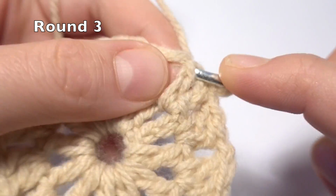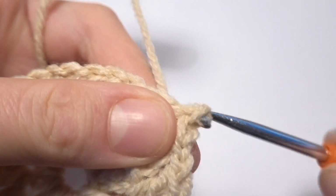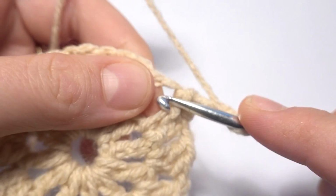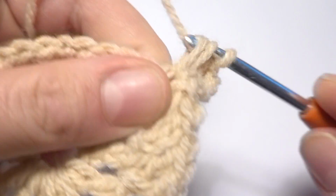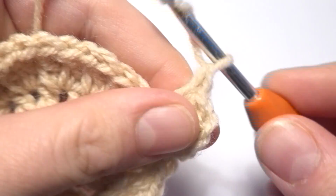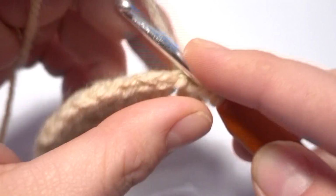Slip stitch into the second double crochet, slip stitch into the chain 1 space, and again chain 3 as a first double crochet, then 2 more double crochets in the same chain 1 space. So this time in the chain 1 space we've got 3 double crochets, then chain 1. Now we have to skip 2 double crochets, and into the next chain 1 space again 3 double crochets, 1,